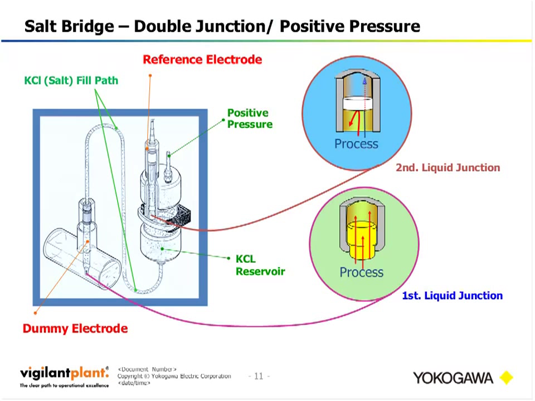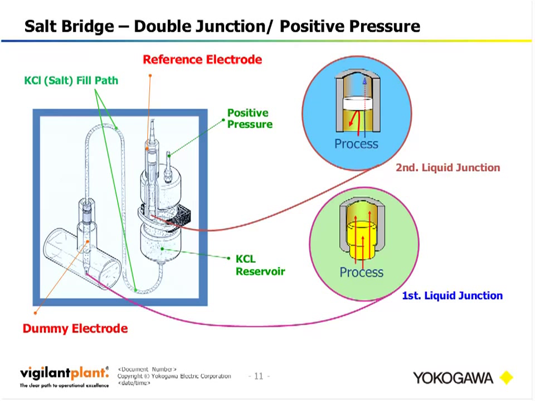The empty electrode is connected to the chamber via tubing of some sort, and the process chamber itself is pressurized to a level that exceeds the process pressure. So the KCl is forced out of the chamber through the tubing to the empty dummy electrode and into the process. So this still keeps KCl flowing out and does not allow the process to enter into the actual